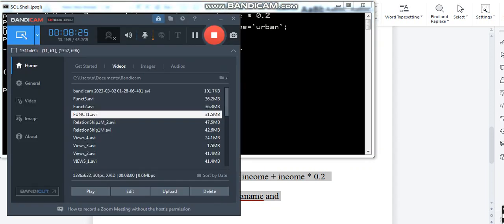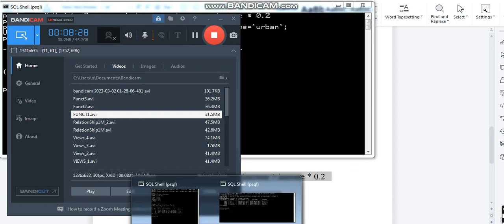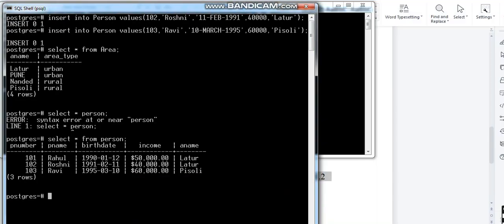Let's see what was the previous value over here. So here you can see this is the previous value, right? Income is 50,000, it is updated to 60,000, and it is 40,000, it is updated to 48,000. So yes, this query is working.